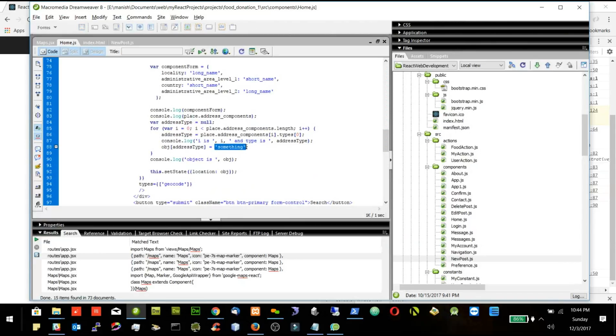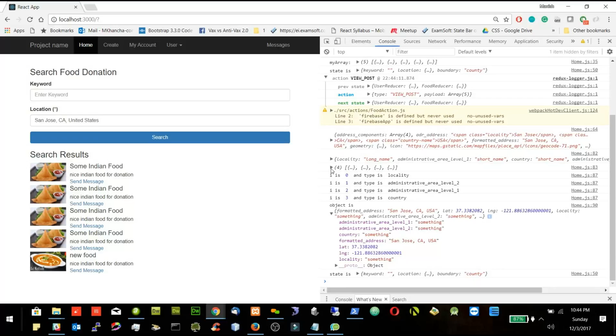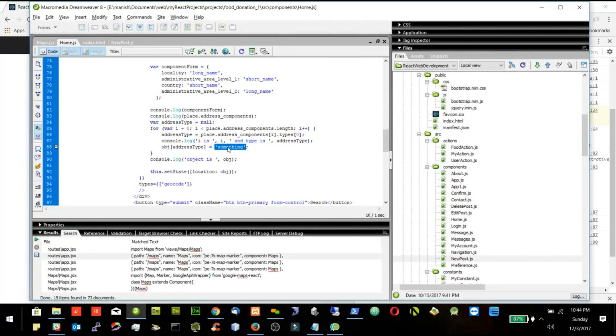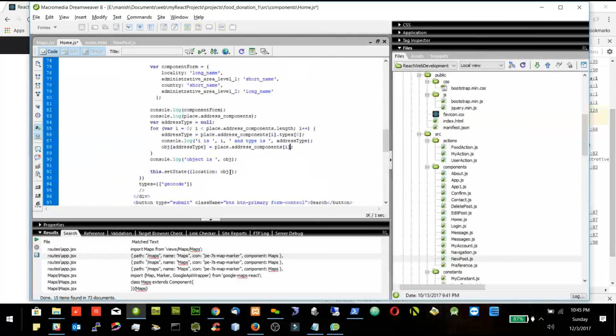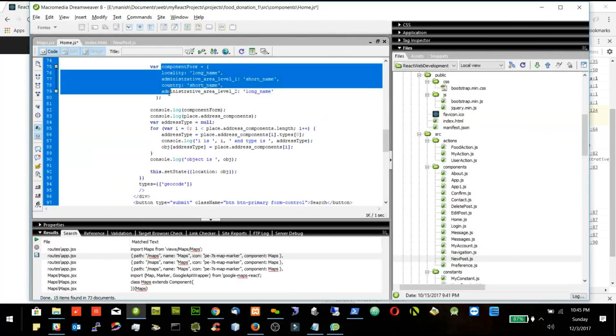Now I will fill it with the real detail. What is exactly the real detail? To know the real detail, I will go to the place address component and go to I because it's 0, 1, 2. And inside I want to take long name or short name. If you want to save long name in your database, you will take this one, short name, right? Right now it's the same for both here, but for the state you want to take long name or short name. For the country you want to take long name or short name. So how to get this one? This one can be gotten from this part, whether I want to